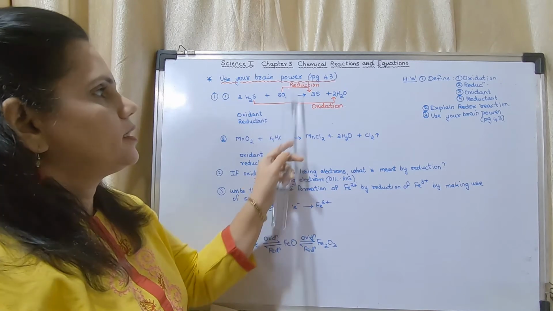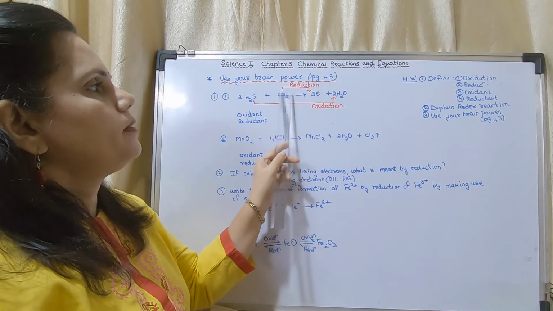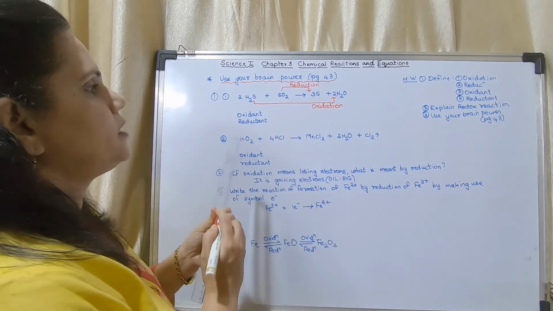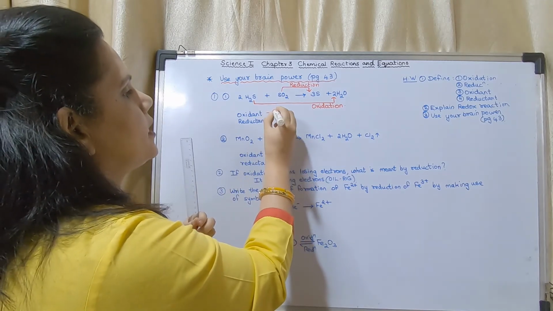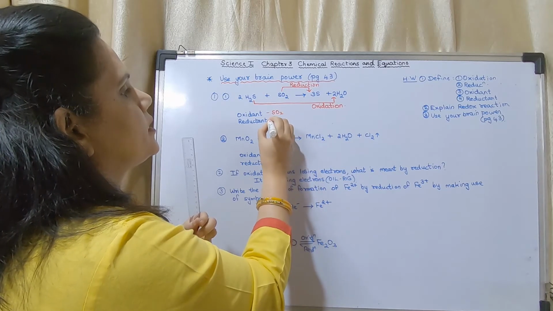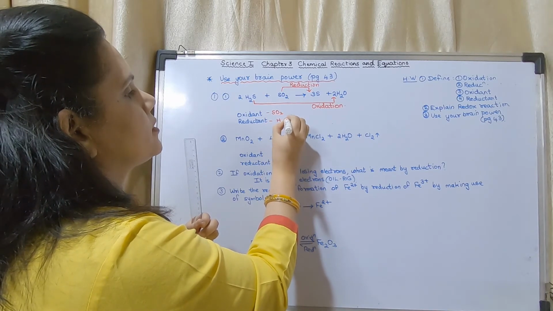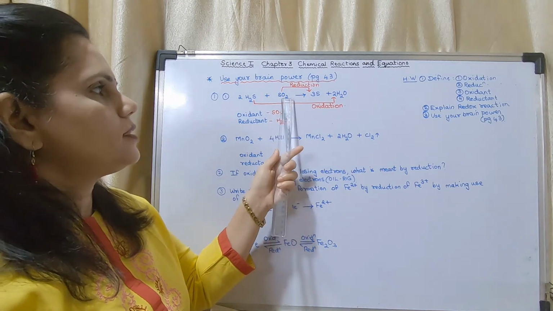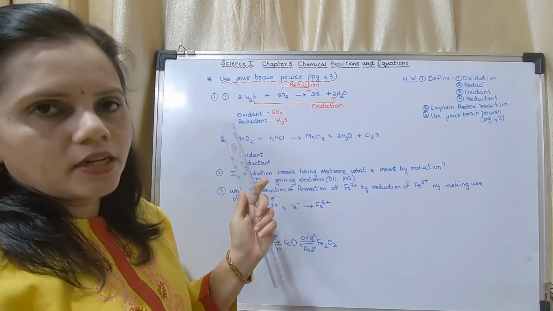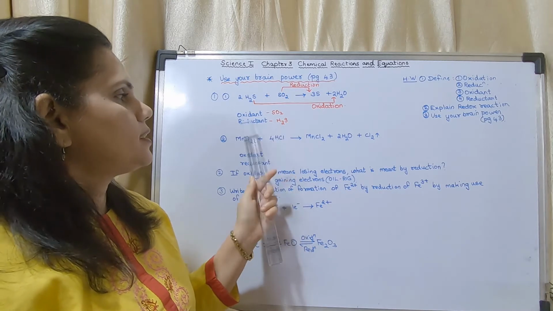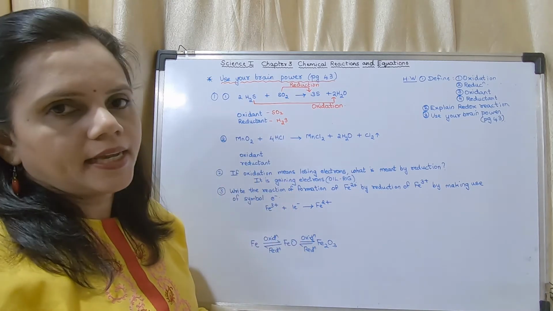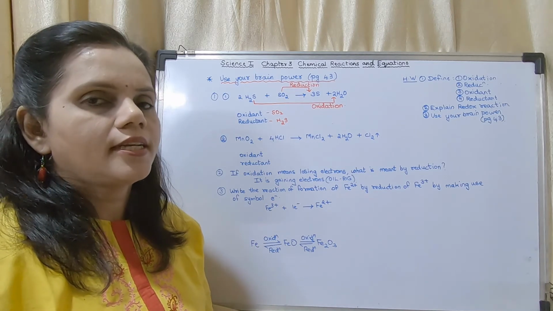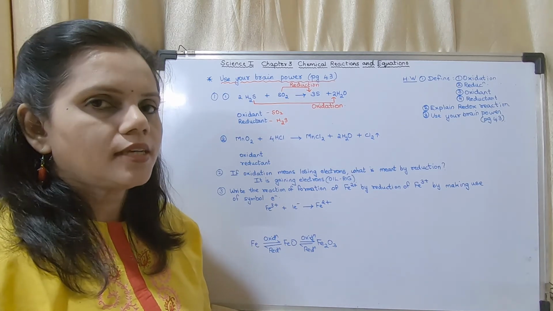Now oxidant, the arrow starts from reduction. Okay, reduction, so this will be the oxidant. So the oxidant is SO2 and the reductant is H2S. Okay, why is the oxidant SO2? Because it is providing oxygen. Why is H2S the reductant? Because it is taking oxygen. Okay, the one who gives oxygen is the oxidant, and the one who takes oxygen is the reductant.